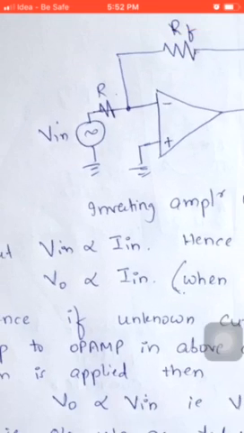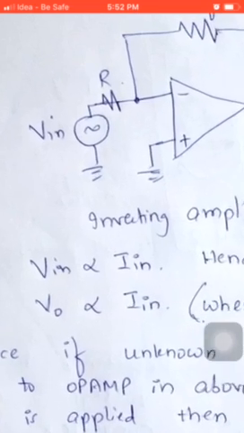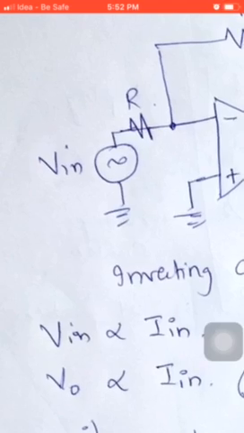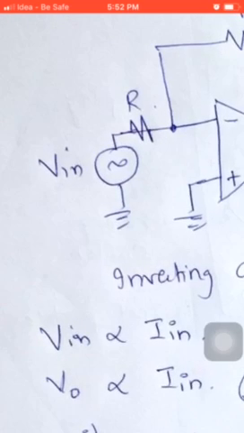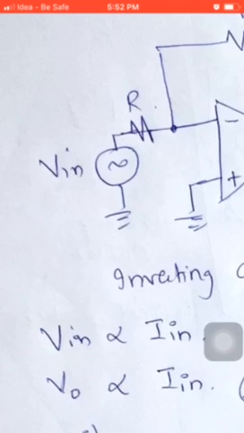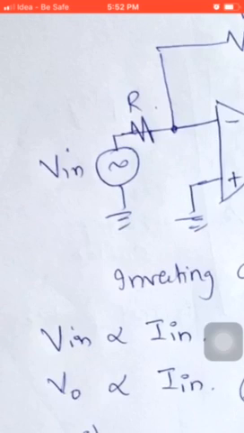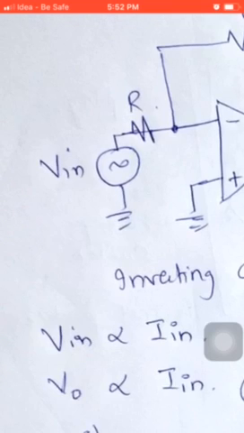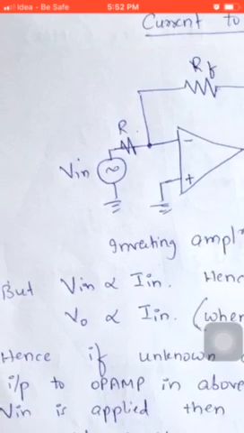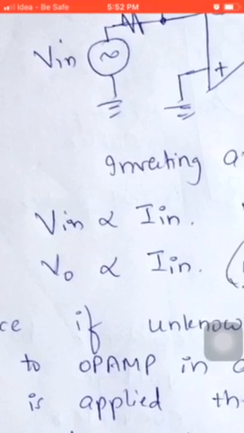Okay, but I hope you understand one thing, that input voltage: there'll be some voltage source which is going to generate some amount of input voltage, but then because of this input voltage there is some amount of current also which is given out, which is applied to the input of this particular circuit. So the current which is applied because of the input voltage, let that current be called as I input. Okay, so it's but obvious that V input is directly proportional to I input.